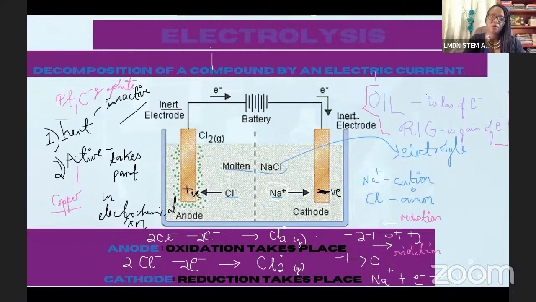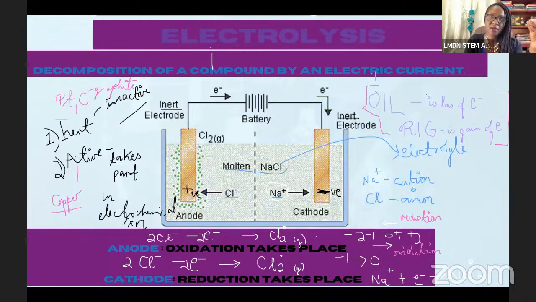At the anode, the anion is losing the electron that it gained that caused it to become negatively charged in the first place. And that loss is oxidation. And so when we lose that, we go back to our oxidation state of 0. And in this particular case, we're becoming our neutral chlorine diatomic gas again.